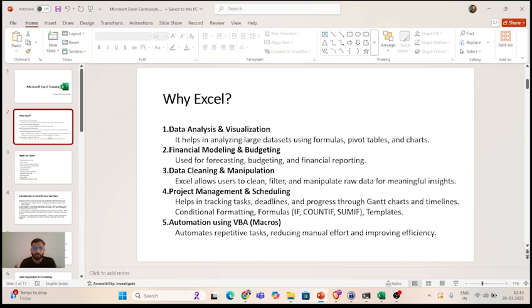So we can do lots and lots of data cleaning and data manipulation using filters, cleaning, trimming, splitting the rows, merging many columns, and so many things to get meaningful insight, to convert the data into a stage which is useful for further analysis, dashboarding or further tasks, right? So, to clean the data.